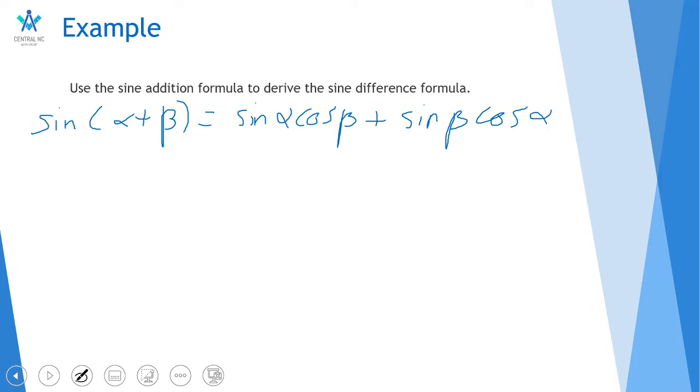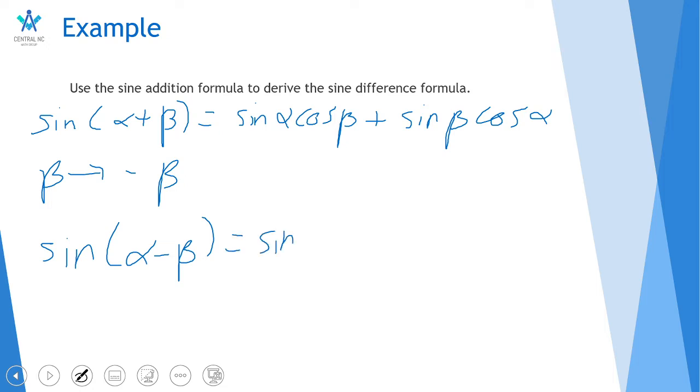What we're going to do here is for beta, we're going to plug in negative beta. So, hopefully you see how this works. Sine of alpha minus beta is equal to sine alpha cosine of negative beta plus sine of